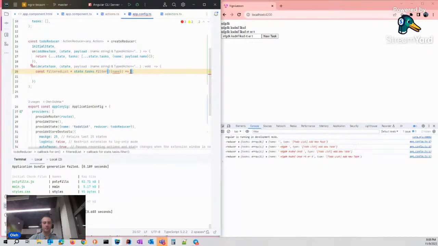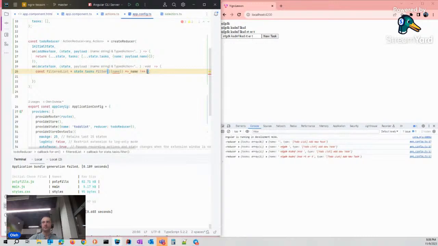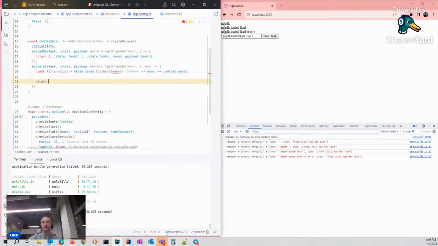Filter where our name from the task is equal to our payload name from the action, and return back state tasks, our filtered list, our new array.